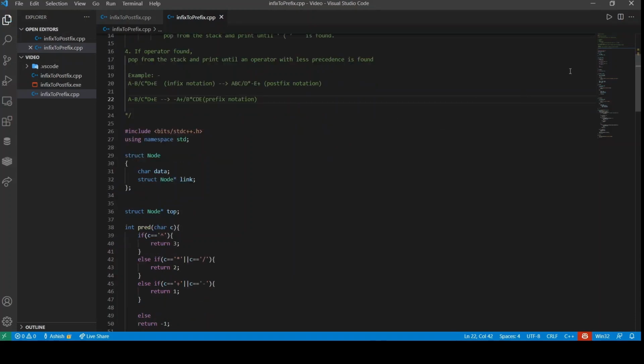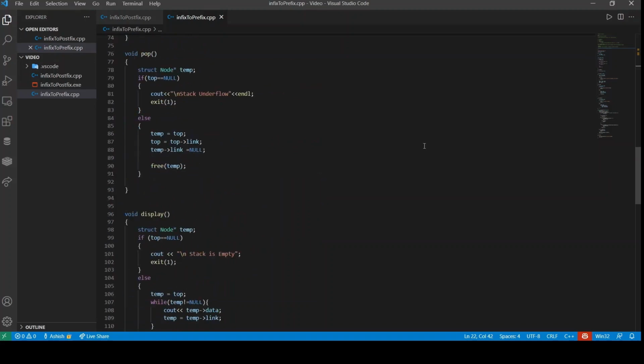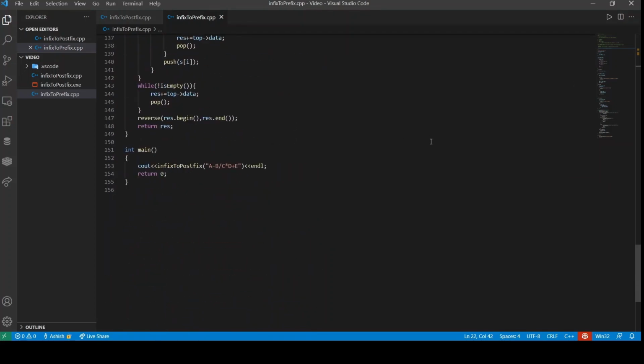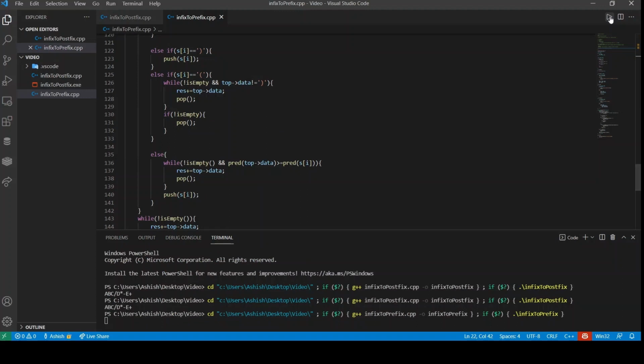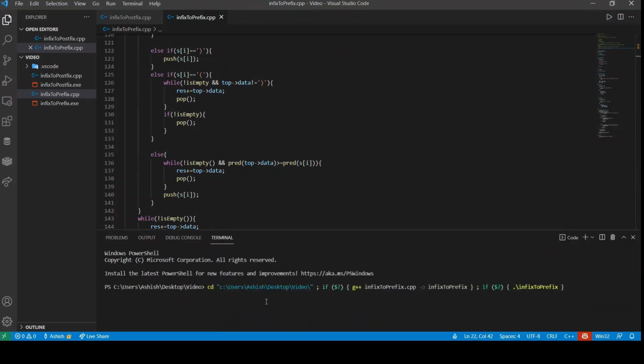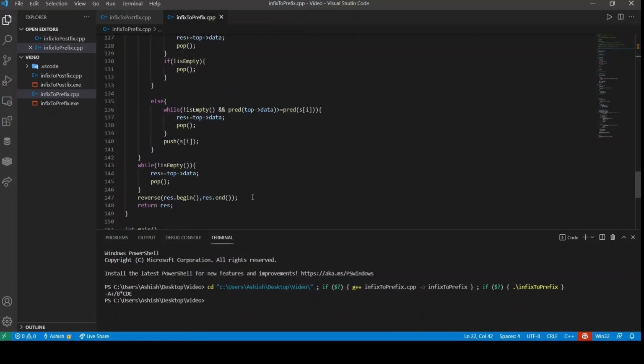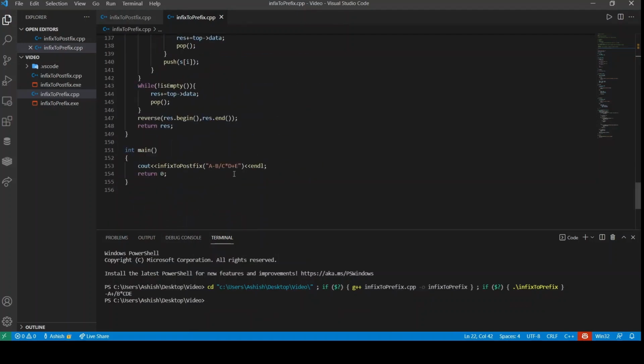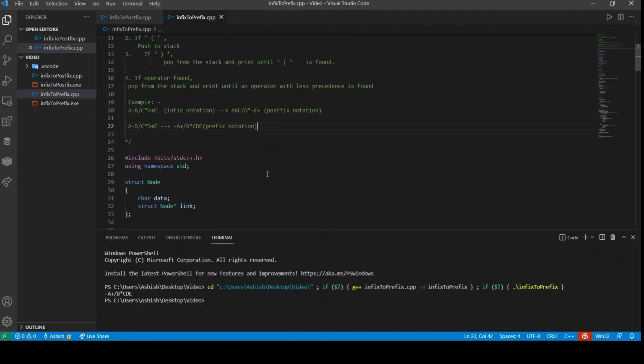So let us just run this program and try to check it. Cool. Let's see what's the answer. So the answer should be minus a plus division b, and then multiplication c d e. And yes, there we go. We got the answer, that is infix to prefix.